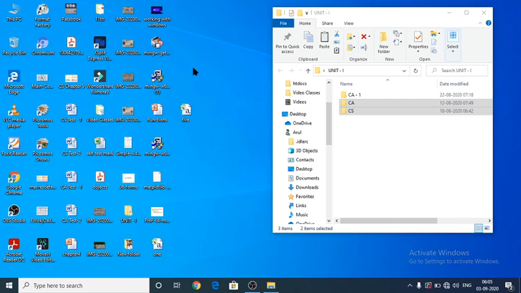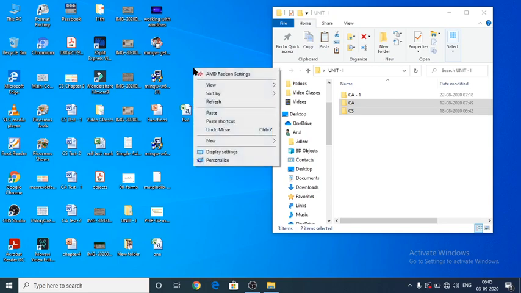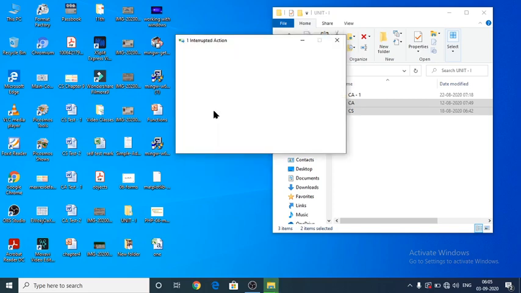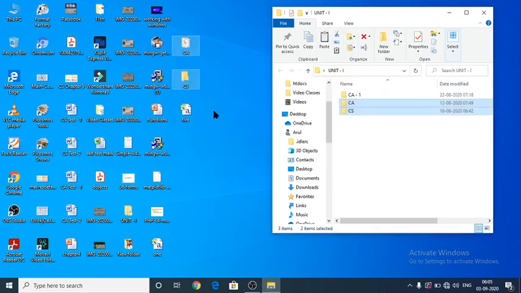After selecting the destination place, you are able to use Control V as a shortcut key to make a copy of the files, or again you can press the right mouse button. While clicking the right mouse button, the paste option will be there. Yes, after giving the paste option, the files have been copied from one place to another place.